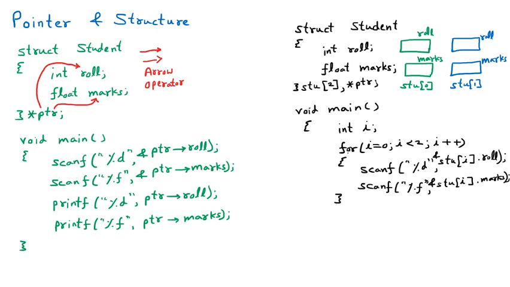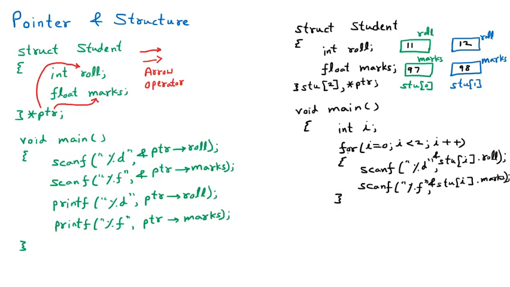Now with the help of the for loop, it will run for the values 0 and 1, because I equal to 0 and less than 2. So it will run for 0 and 1 values. For stu0, we will take the input as roll number. Let us suppose the roll number we have taken is 11. And stu0.marks, let us suppose marks are 97. Then the value of I will be incremented to 1. And stu1.rollnumber, let us suppose the roll number we have mentioned is 12, and stu1.marks, let us suppose marks are 98. So stu2 is not there because the loop will run for less than 2. Now the input part is over.